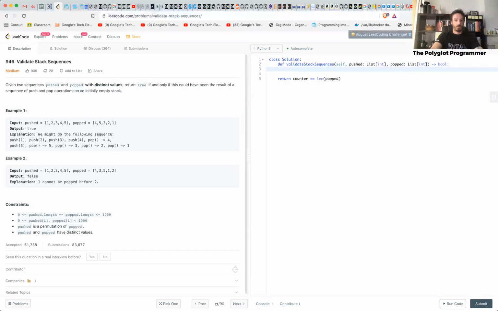Then I have a good solution, right? So let me declare counter equals 0 and stack equals nothing. What I'm going to do is have a for loop on my pushed. So I'm basically going to push all the items, append all the items from my pushed to my stack,